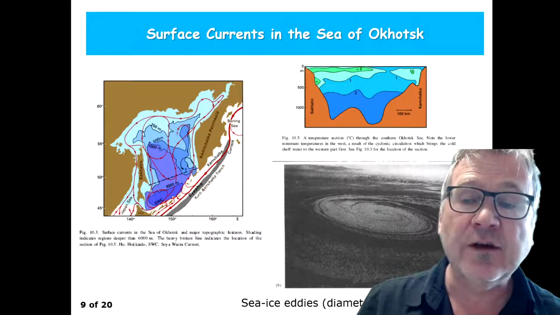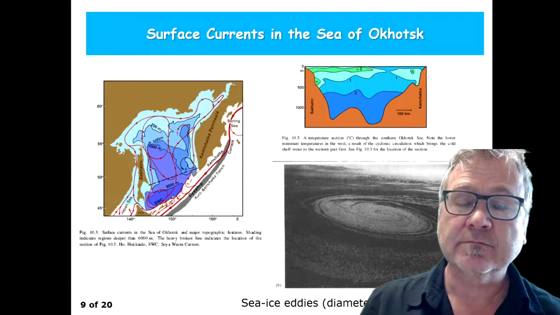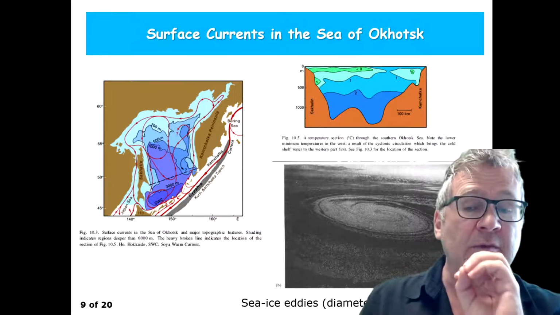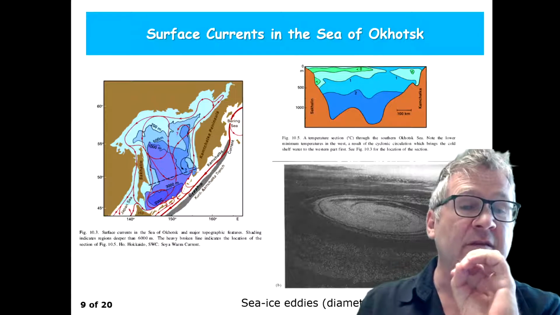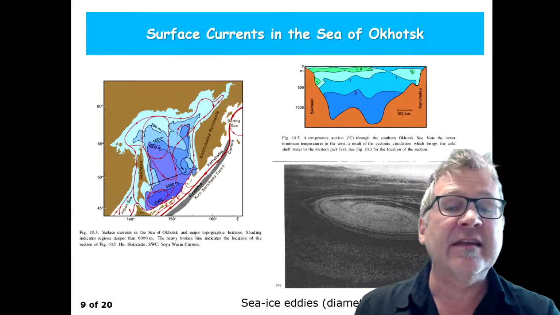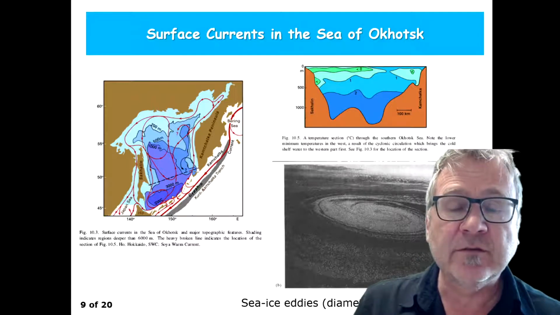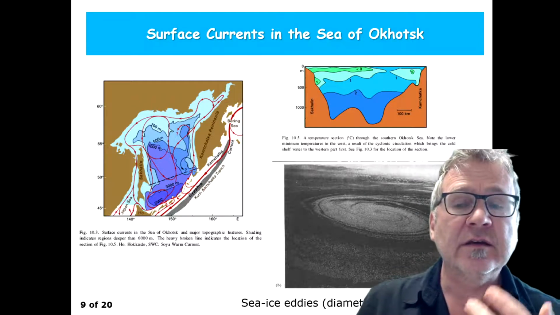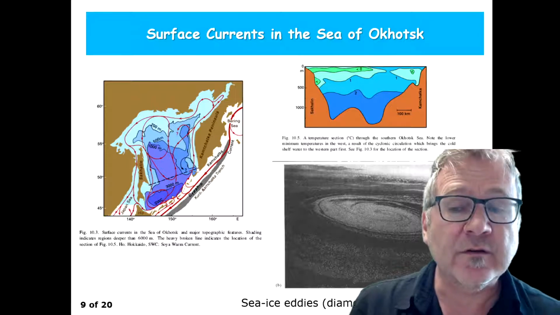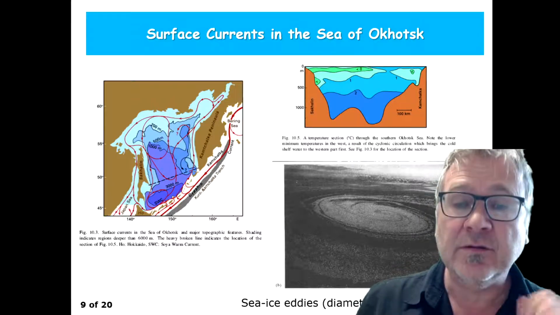So this is the Sea of Okhotsk. And what determines the density stratification, I say it again, is actually also the contribution from continental runoff, low salinity surface water coming into the